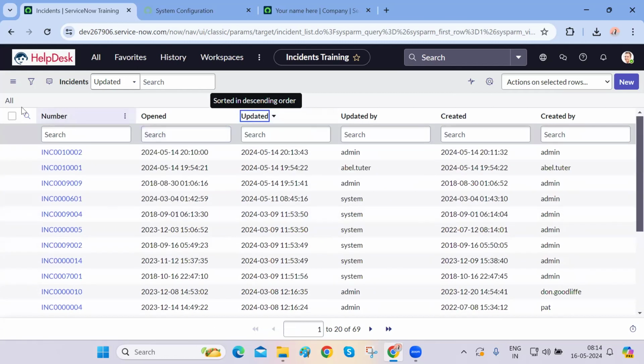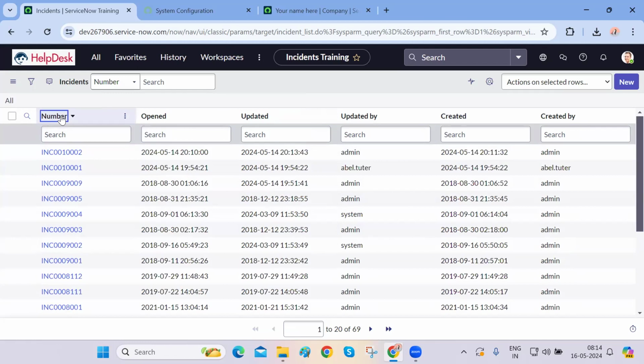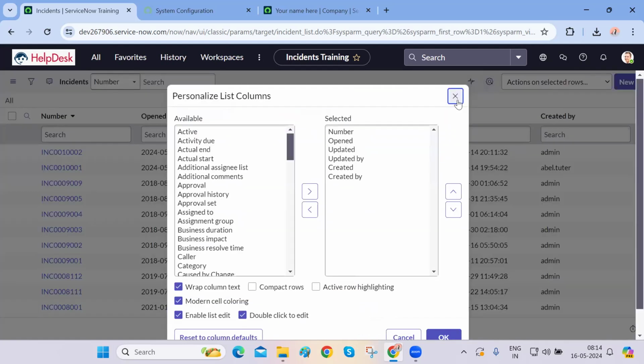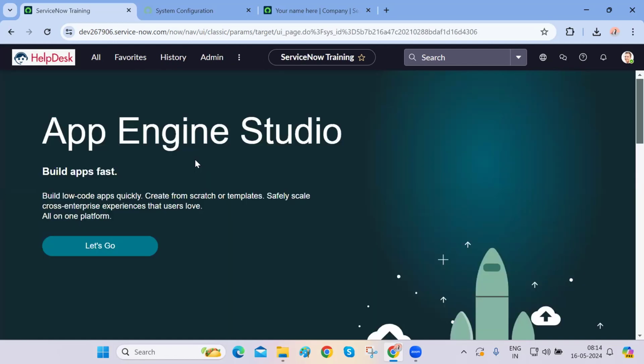And similarly, you can apply the sort filter for the number. These are now filtered by the number. I hope you understand. So this is how you can actually apply the filters and how you can personalize the list. So one thing I want to quickly cover right now is moving ahead from this topic of applying filters. Please play around with these filters in your own instance. You can try to imagine any of the